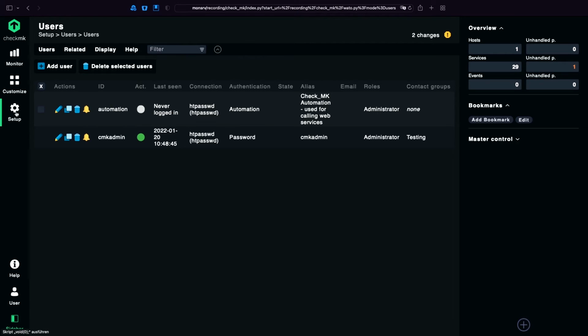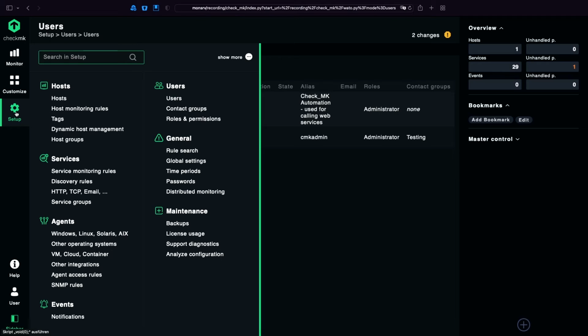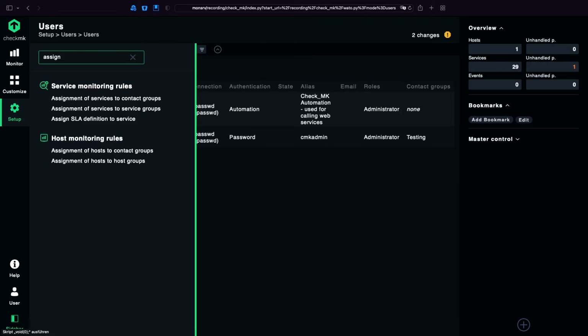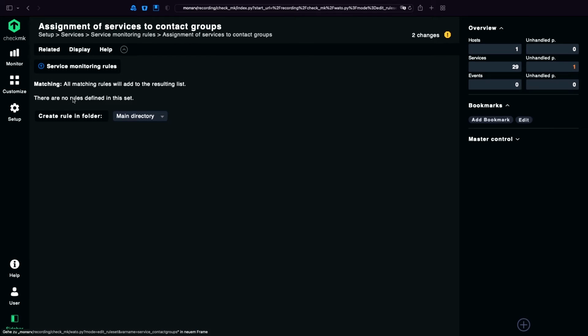Therefore, next part, setup again. I use assign, and I want to assign this contact group to every service with the name CPU, for example. So I choose assignment of services to contact groups. Now we are in the rule-based configuration.